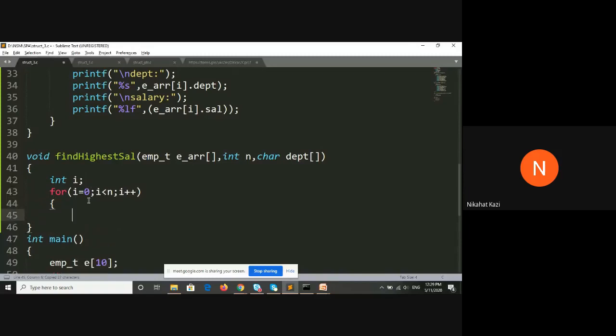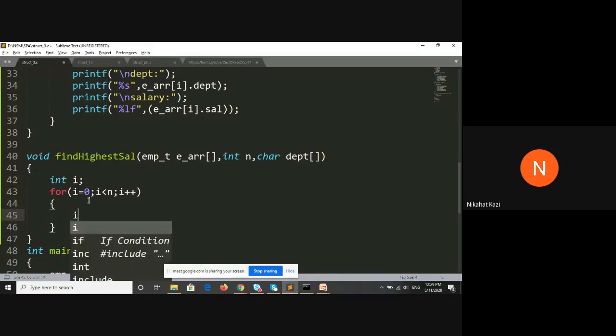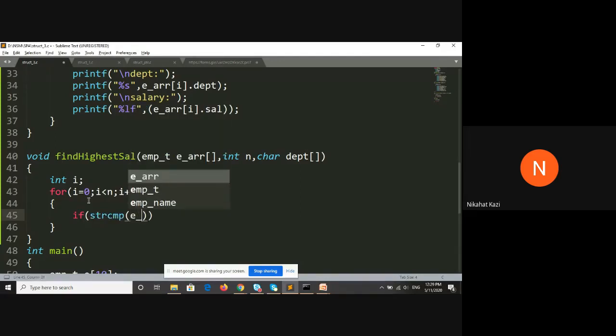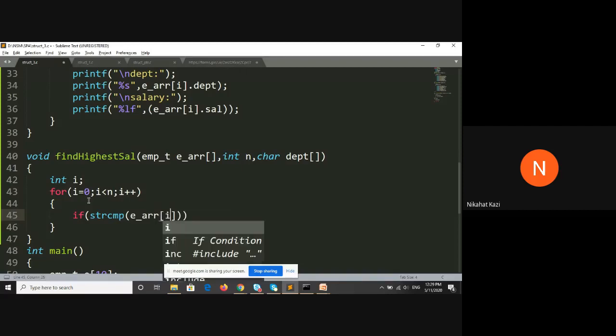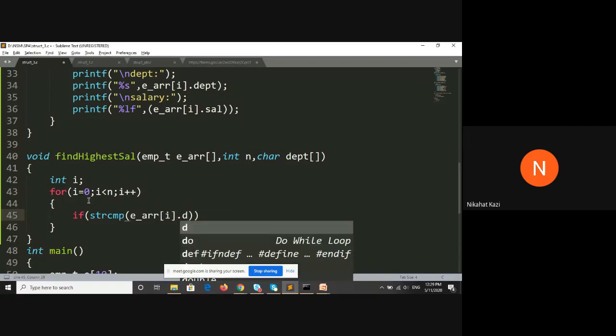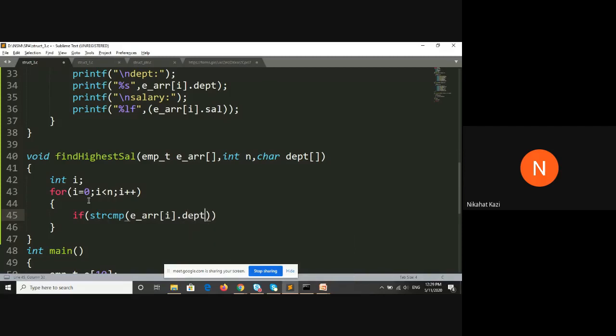So what we will do is, in this database, we will write an if condition. If strcmp, to compare the employee's department, that is e underscore array of I dot department, with the given department, whatever is there in this query, if it is equal to 0.